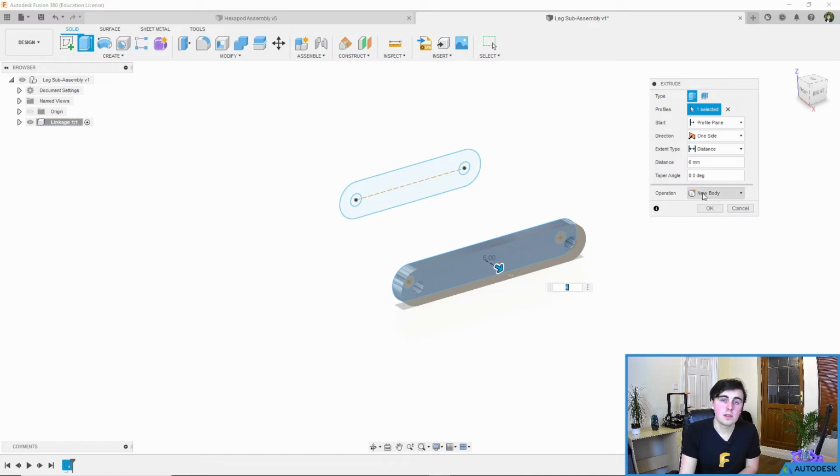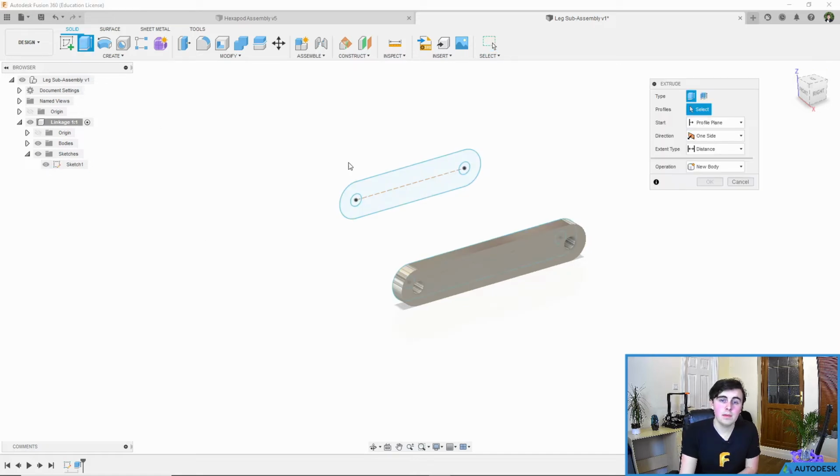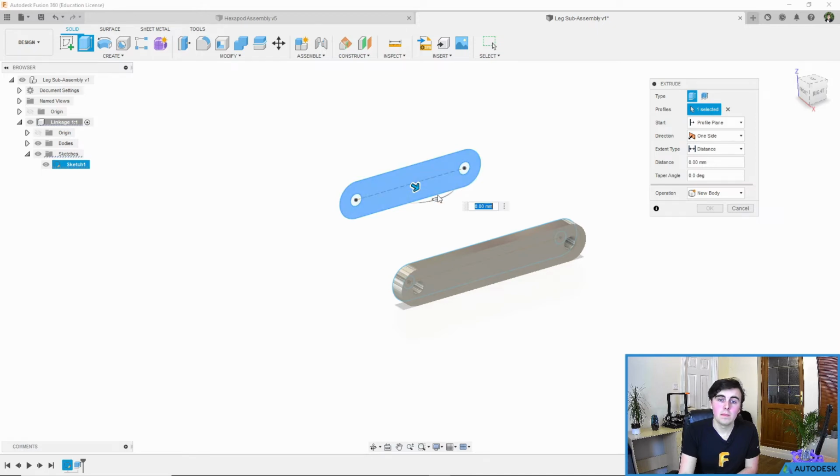I want this as a new body within this component. Click OK. Now you'll see that this sketch disappears. That's okay because we can go in and unhide it again. Now I'm going to extrude again, select this top area, make it 6 millimeters, just as before, but instead of